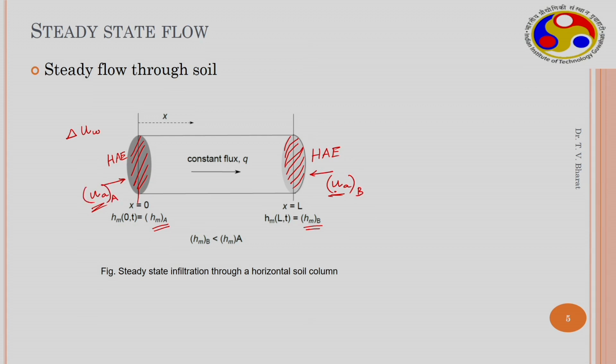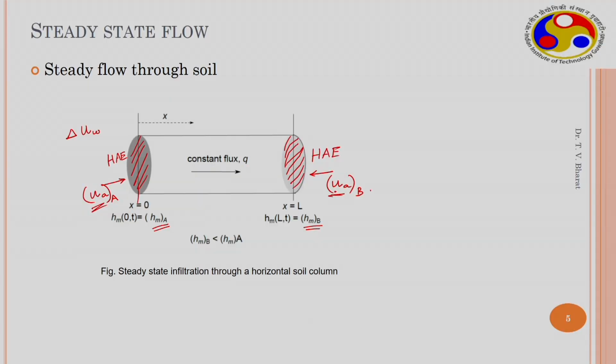So then by maintaining two different air pressures at two different boundaries and allowing the water to flow, you can maintain two different matrix suctions across the sample, or you maintain the same air pressure throughout, but you change the water pressure across the sample. So then there is a steady flow that takes place. So either way, you can maintain two different suctions or two different total head values at two boundaries, and because of this there is a constant flux that takes place through the soil sample.